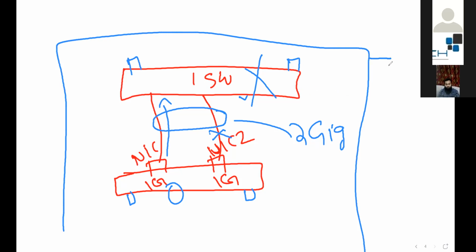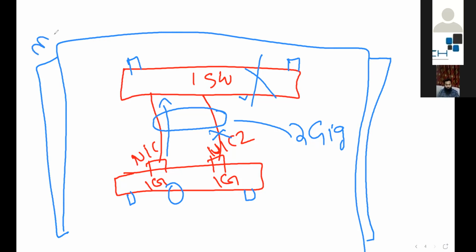The rack will have a PDU. Let's say this is the main PDU. You know the concept of PDU, right? This other one we can call the backup. We generally recommend connecting one power cord to this PDU and the other power cord to that PDU. If this PDU goes down, the switch can still survive by drawing power from the backup.